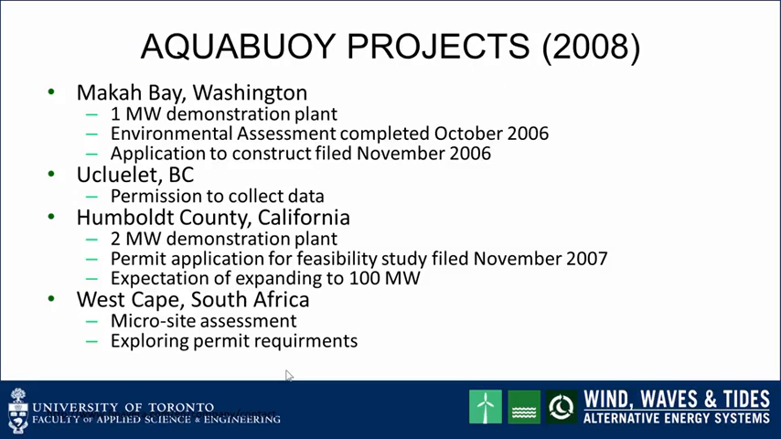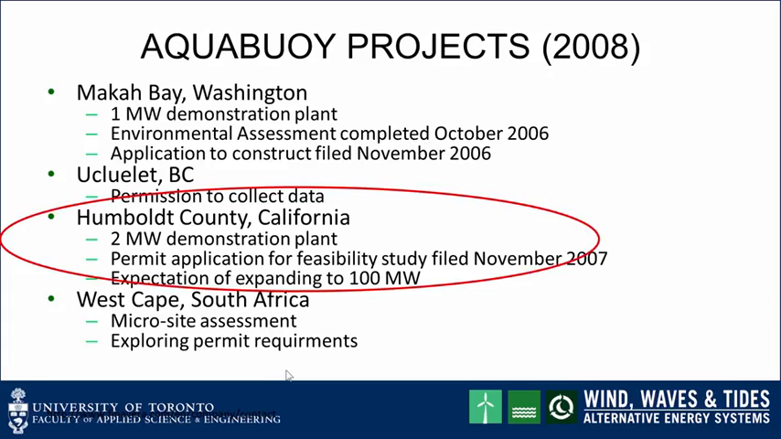A couple of aquabuoy projects are listed here. None of these were actually ever constructed, but there was a proposed one in Washington State in the US, one in Canada at Ucluelet, BC, and the one I want to mention is in fact Humboldt County in California. There was a plan for a 2 megawatt demonstration plant, and indeed an application for feasibility was filed in November